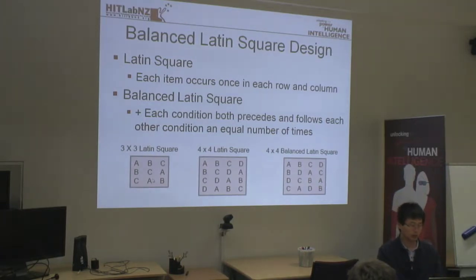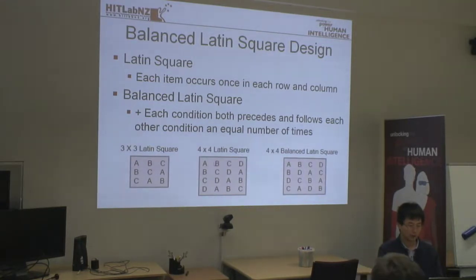But there could be different cases. The balanced Latin square adds another condition, which means each condition not only occurs once in a row and once in a column, but also the order in which each condition comes is balanced. So let's go with the second example, where if you look at A in this balanced Latin square, A appears once in a row and once in a column, but also half of them